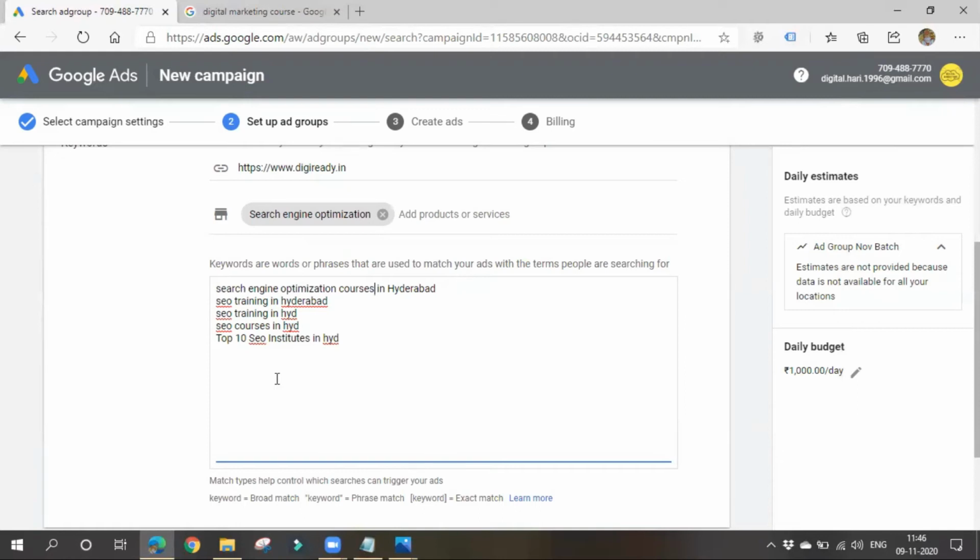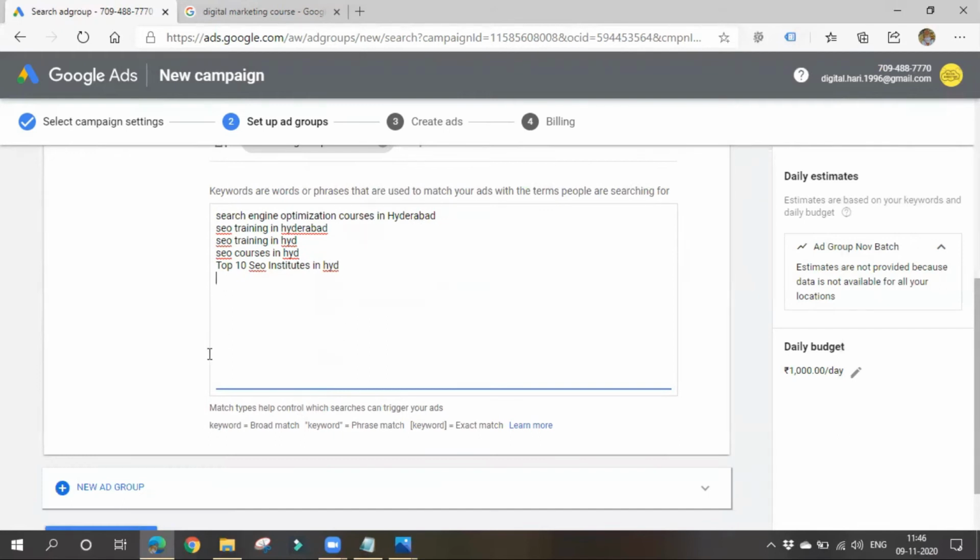In order to give proper keywords, you have to go for proper campaign level settings also. If it is in Hyderabad itself, and there are areas like Kukatpally, Panjagutta, and High Tech City, then it is okay. You can choose multiple locations. As your institute is located in Panjagutta, people from Ameerpet can come to your location, and people from Panjagutta may come too. If you want to show that ad only to people residing in Panjagutta, then you can choose Panjagutta.